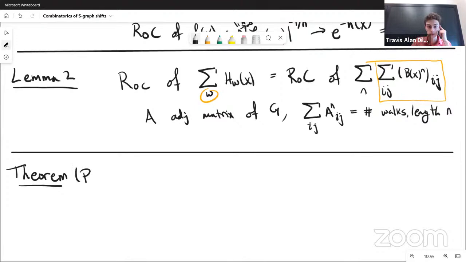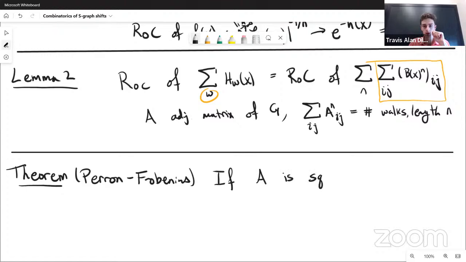So this is the so-called Perron-Frobenius theorem. And it finds use also in some other places in symbolic dynamics. It has many, many parts, but I'm just going to state one of them, which is that if A is a square non-negative matrix, meaning just that all of the entries in it are non-negative,